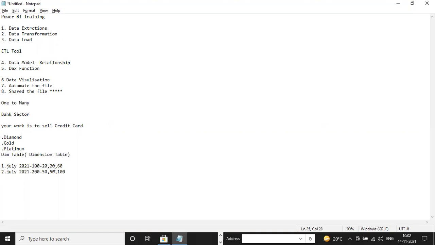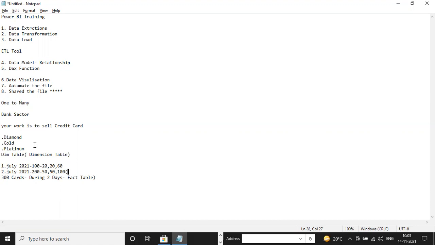And these 300 cards which you sold during 2 days, what I can say, it is a fact table. It is your fact transaction, meaning the total number of transactions.